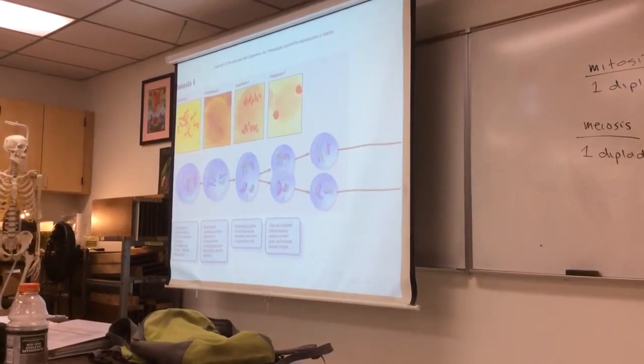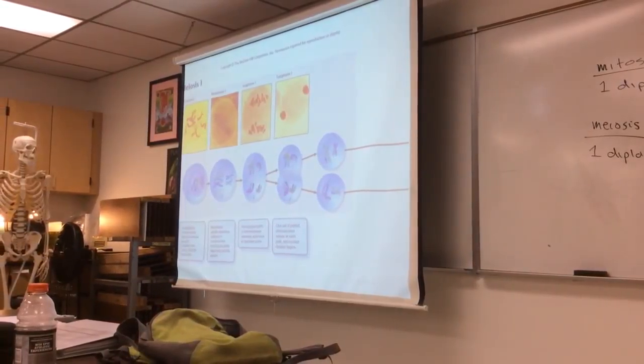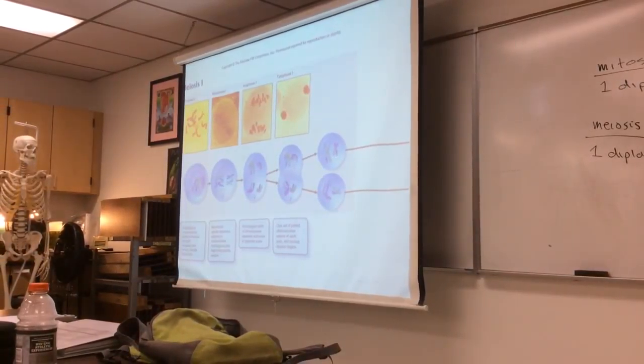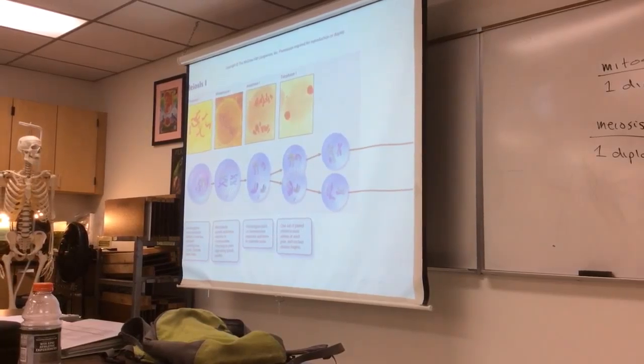How many of you think it's a 2n equals 14 cell? 2n equals 2. 2n equals 10. 2n equals 4. 2n equals 8. 2n equals 6. Okay, so